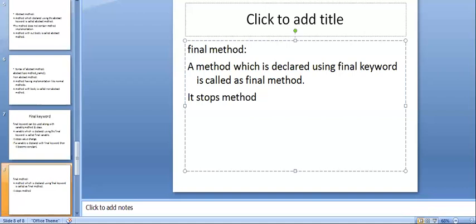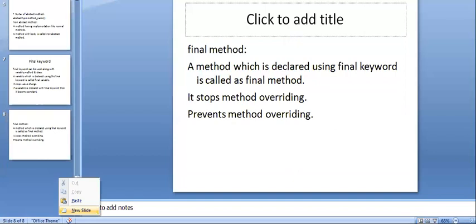A final method stops method overriding, or prevents method overriding. Which one? The final method, right?